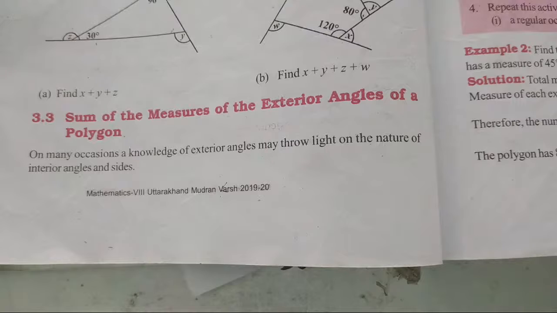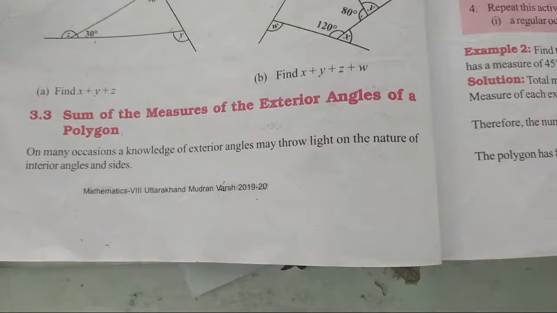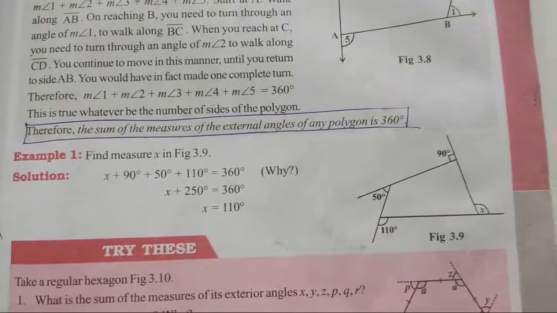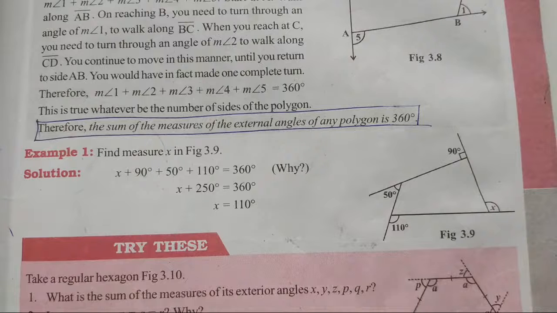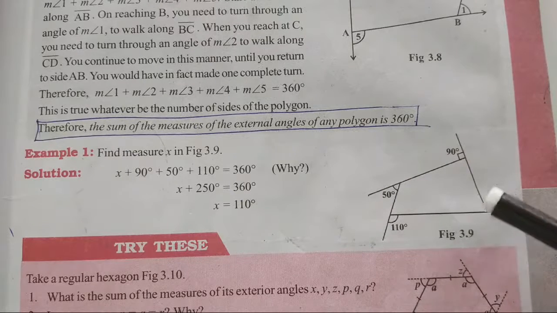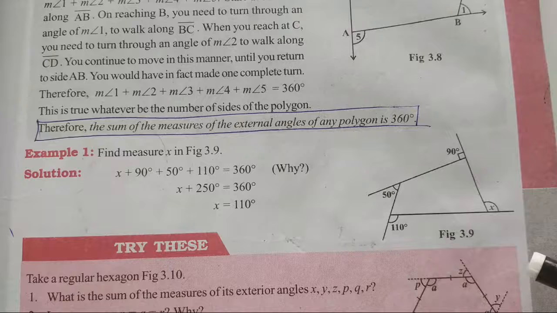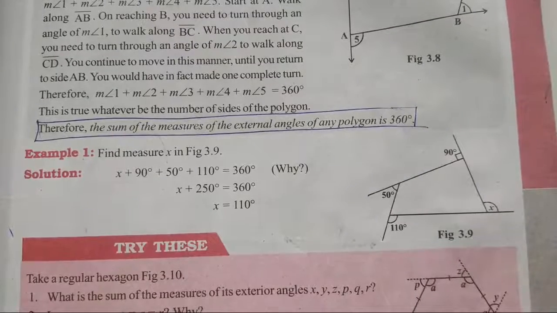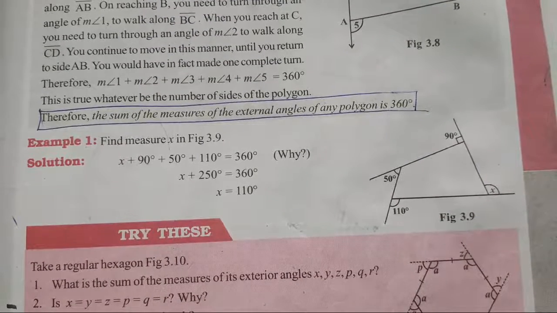This is the sum of the exterior angles of a polygon, and the property is the sum of the exterior angles of a polygon is always 360. This is the property. The sum of the measure of exterior angles of a polygon is always 360. So if the figure has 4 sides or 5 sides, it will always have exterior angles totaling 360. So we have to apply that property, and there is a rule which we will apply,